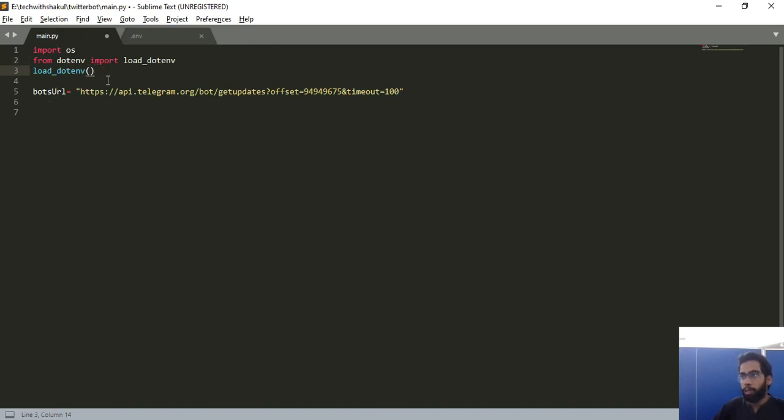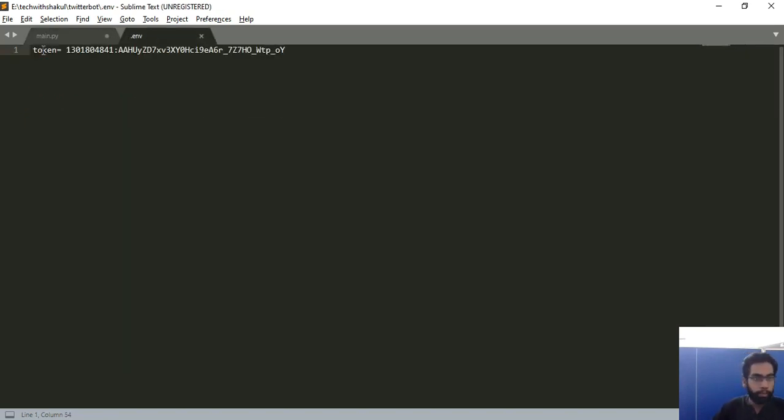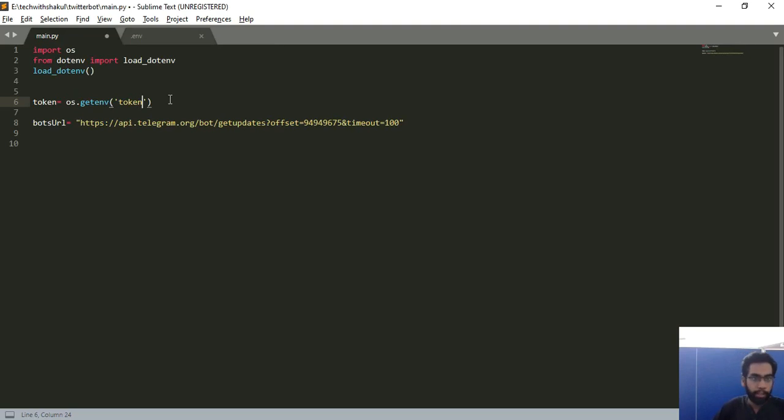Okay, so for getting the token, I need to do token equal to os.getenv and the name of the variable as it's stored in the environment file. So I stored it with the variable name token, so I can retrieve it from token. Okay, now that I have token, let's create a function which gives me update.